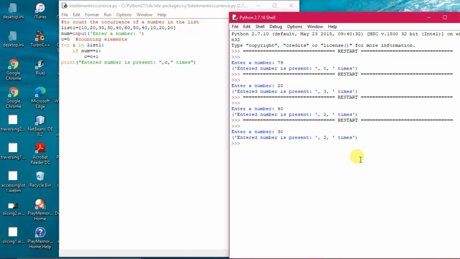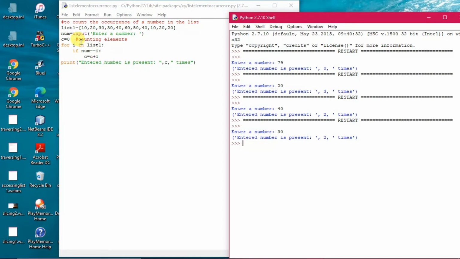Here you can see beside the c I had written counting elements; this is called documenting in a program. That first one is also documenting. These remain non-executable by the interpreter; this is for our purpose. These are entirely optional, not mandatory, and can be given anywhere in the program, but where you give it, the comment must be suitable. Otherwise, after the hash anything can be written, but don't write anything irrelevant. Just write the relevant one.